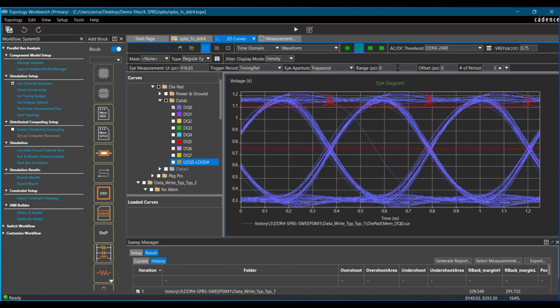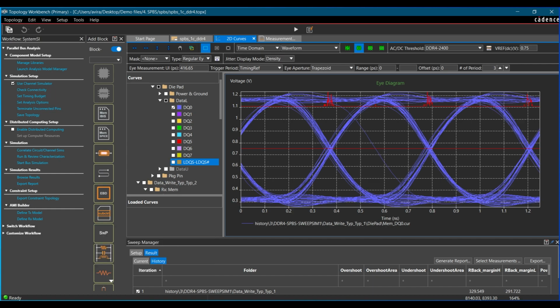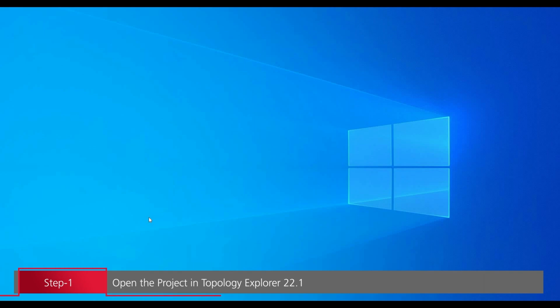We can perform circuit simulation and analysis of a simple parallel bus system in the Topology System SI tool. In this video, we'll verify simulation results and analyze report information. So let's get started. In the first step, we'll open the project file, which you can download from the link